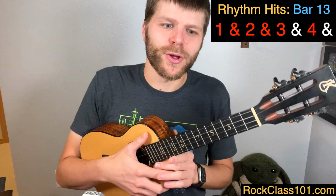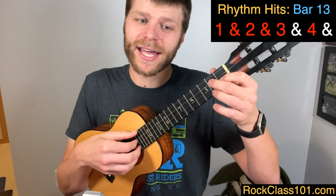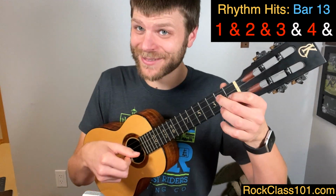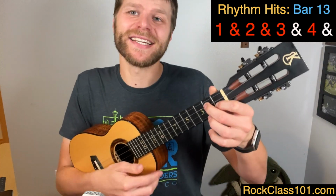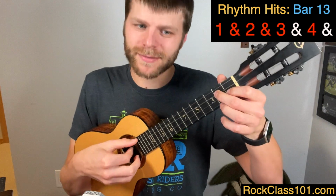And now we go on to measure 13. We're going to still be holding that same shape. We're going to pluck our G and C together. And then we're going to play A, G, A, G, A. Really straightforward. It's just alternating. And in time, that's something like this. 2 and 3 and 4 and...